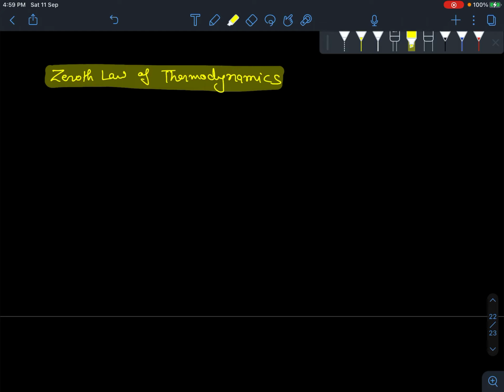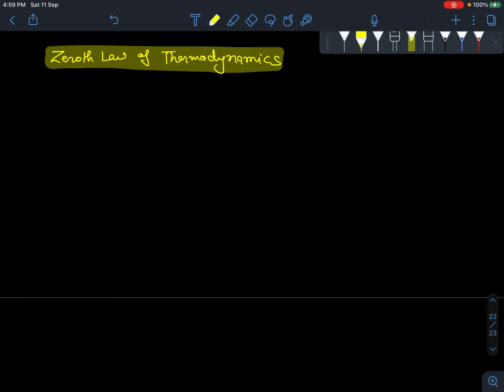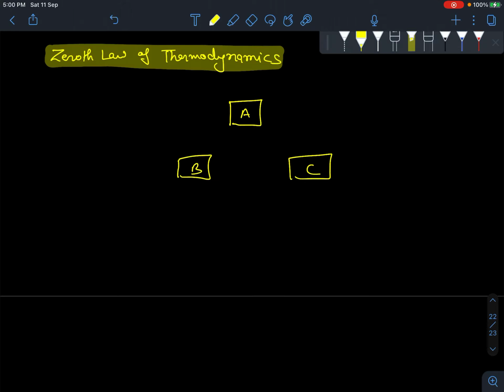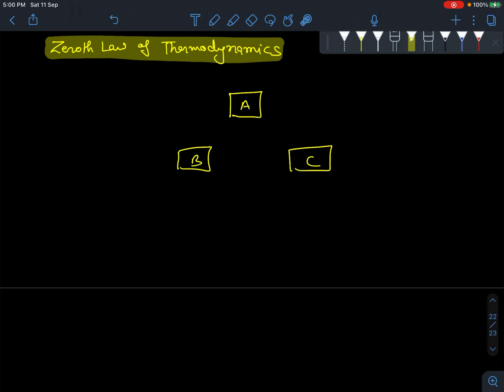Alright, so what is the zeroth law of thermodynamics? Let us consider three bodies, body A, body B and body C. So now what is the meaning of the zeroth law of thermodynamics? It is related with thermal equilibrium basically. This law is related with thermal equilibrium,